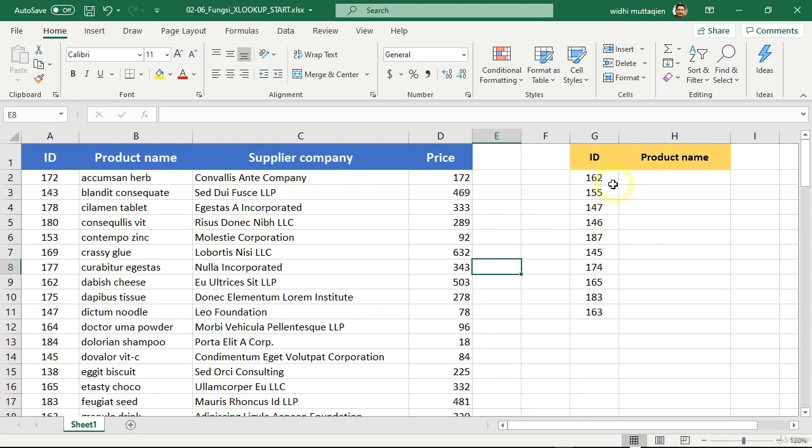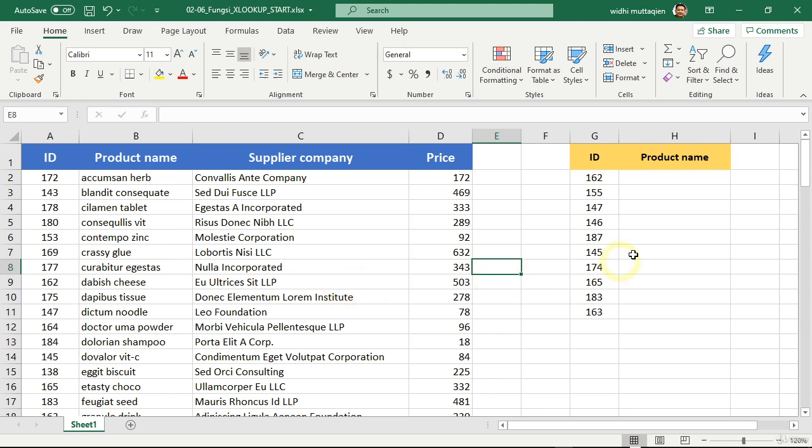You already have a list of the products' IDs sold today from the scanner system. The challenge is to find the names of the products according to the ID codes that have been provided. Of course, if you have a large table with thousands of rows of data, you don't want to do this manually. For this, you can use the XLOOKUP function instead.